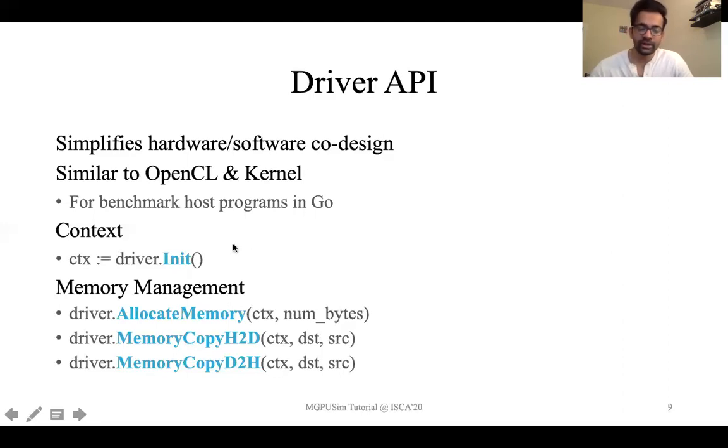Some of the important things here are, for example, how do we initialize a context? So in our driver API, we provide a function called driver.init. Then in terms of memory management, we have different functionalities. For example, for allocating memory, we have simple allocate memory. Then we have API calls for copying memory from host to device and device to host. So as you can see, these are very similar to the runtime API calls that typical GPU programming frameworks